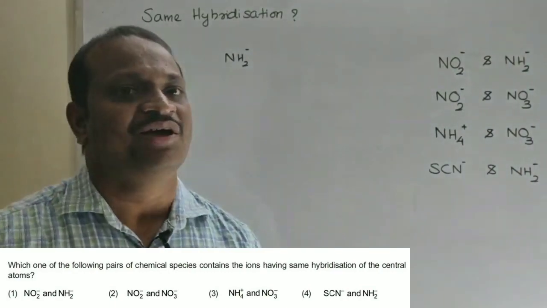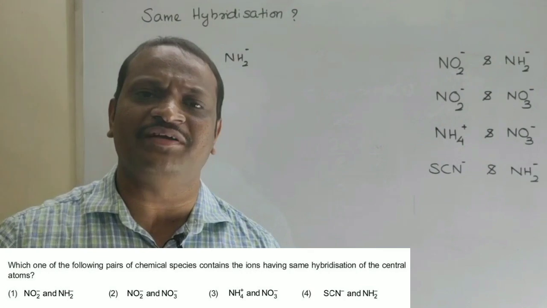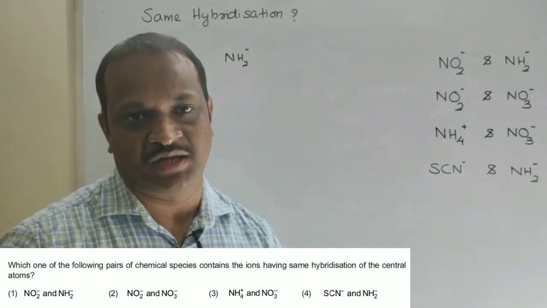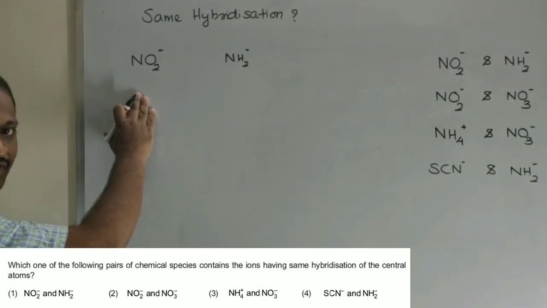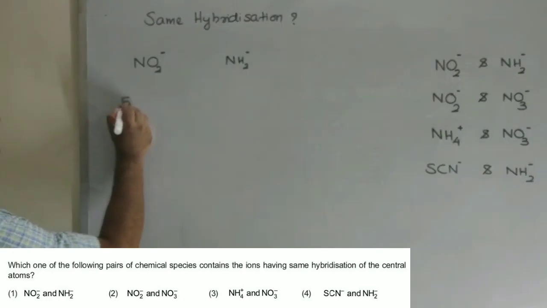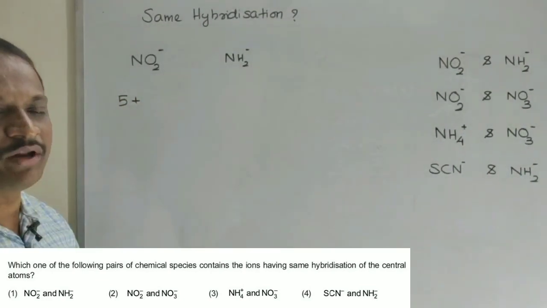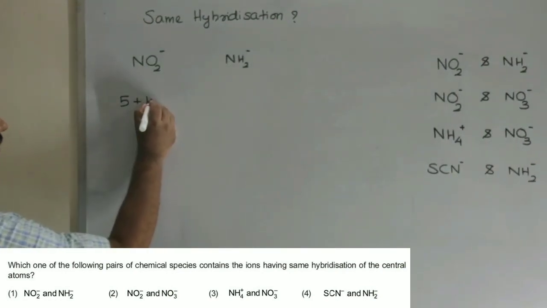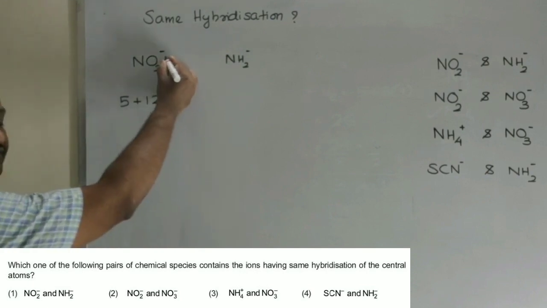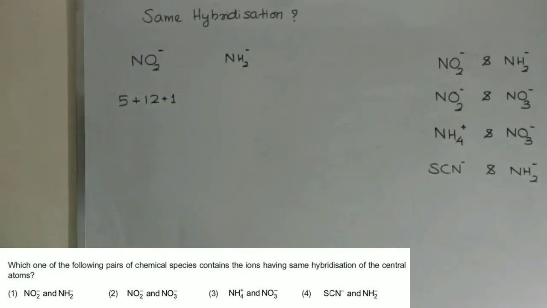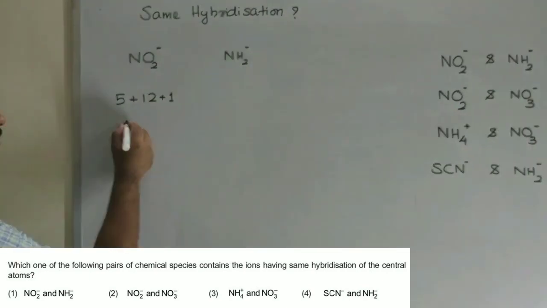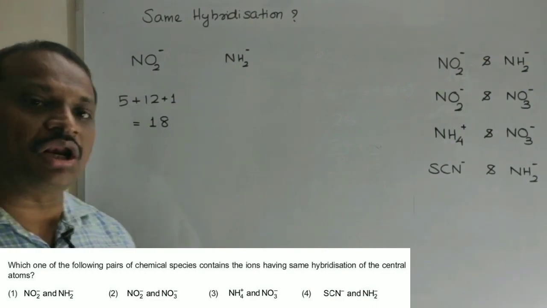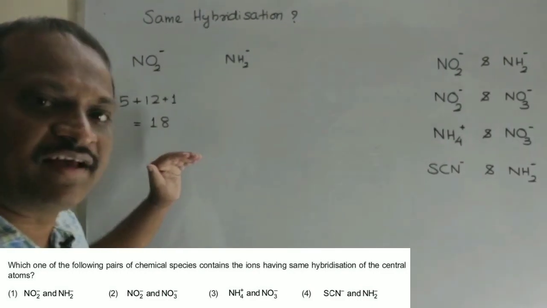I have told you earlier what to do to find the number of bond pairs and lone pairs. Find the sum of valence electrons. Here also you go with the same procedure. Nitrogen has how many valence electrons? 5 valence electrons. Plus oxygen has how many valence electrons? 6. So 2 into 6 comes 12. So I can write 12 plus one negative charge, so we'll have an extra 1. So what is the total number of valence electrons? 18. So the total number of valence electrons in this case is 18.